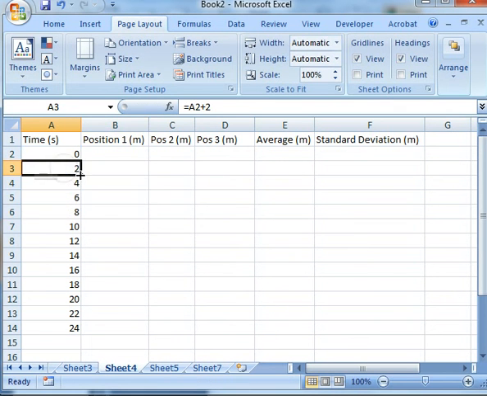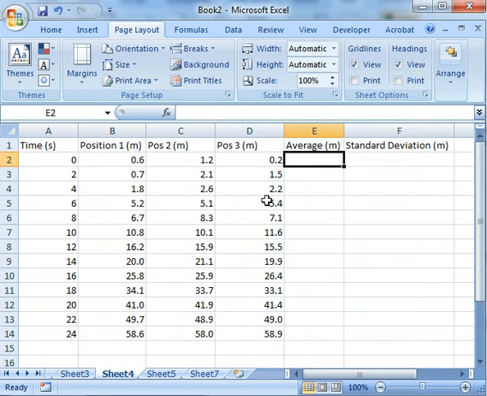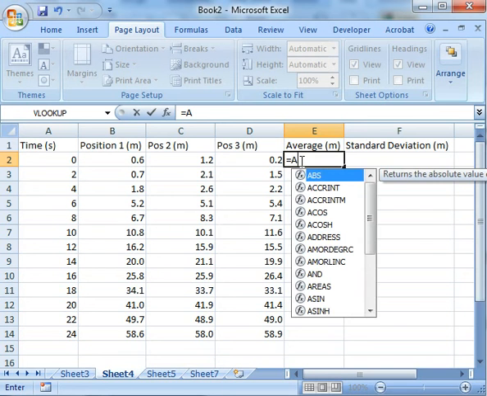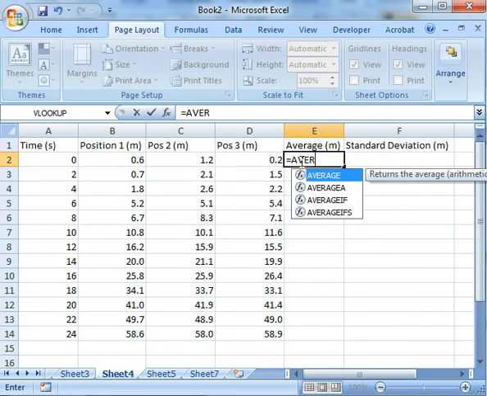Oops. By setting it equal to the previous cell plus 2, we could get that value. As far as the positions, I'm just going to make up some positions. All right, so I have some numbers here, and what we're going to do first of all is just take the average. So I'm going to go into the cell, type equals, and then I'll start typing average, and it